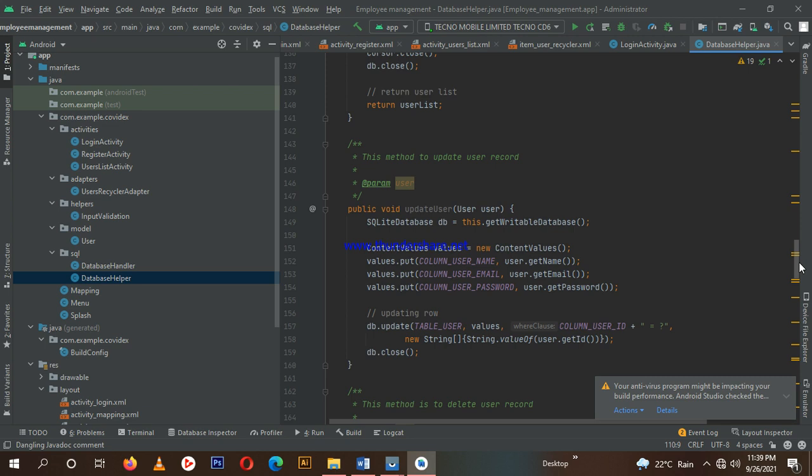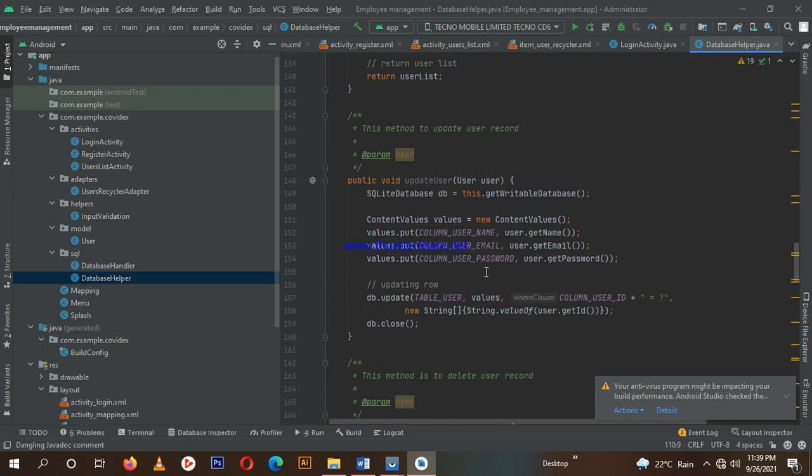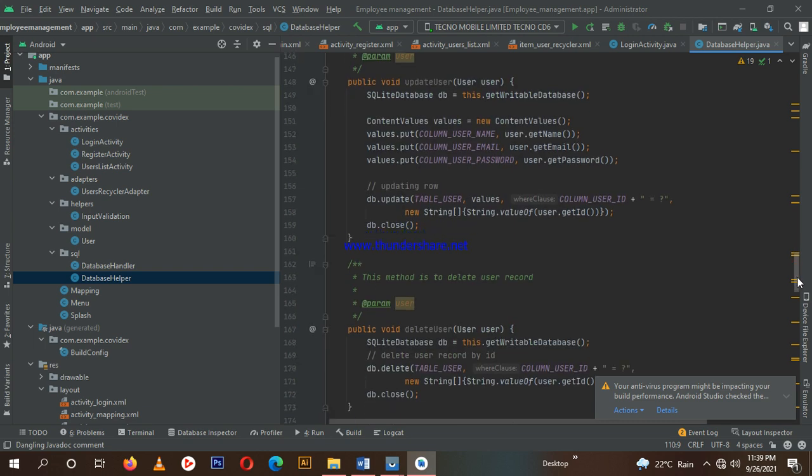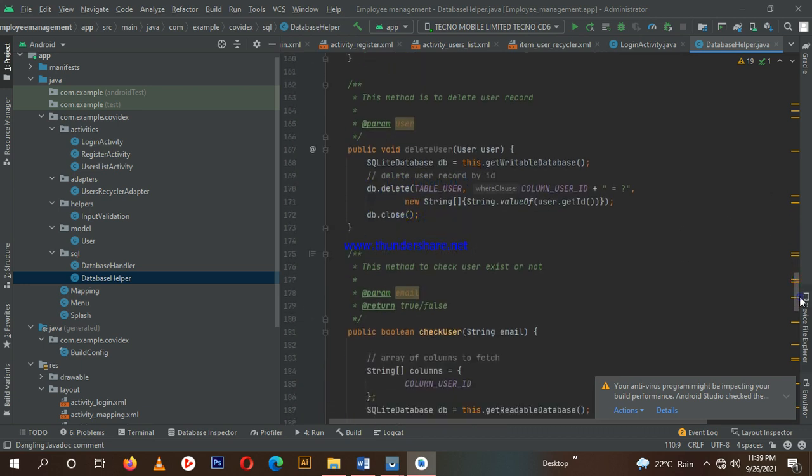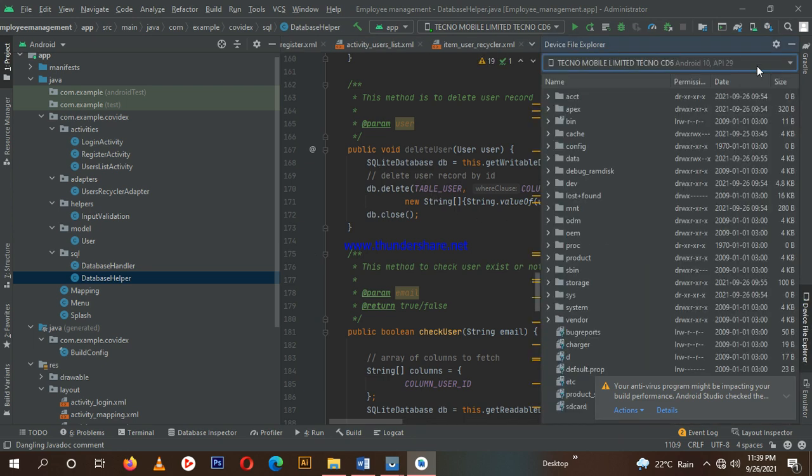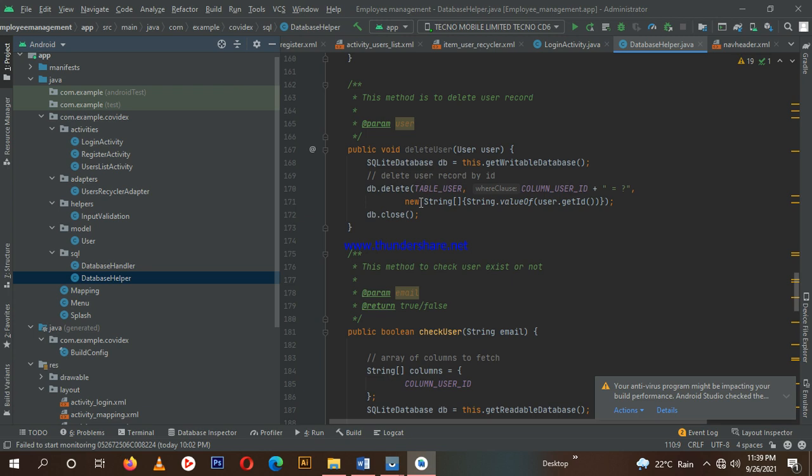And we go on with the other method, which is to update user records. This is how we can go about it, where the values to put column username, then user get name. This is automatic in updating. So we also have this other method to delete the user record, whereby we say delete user record by ID,